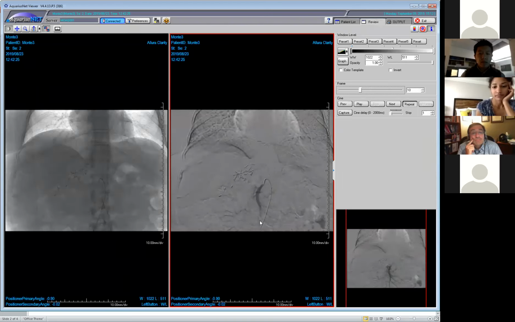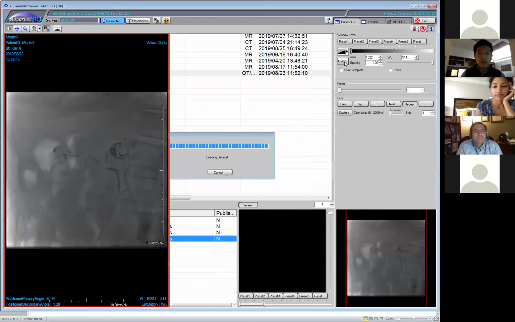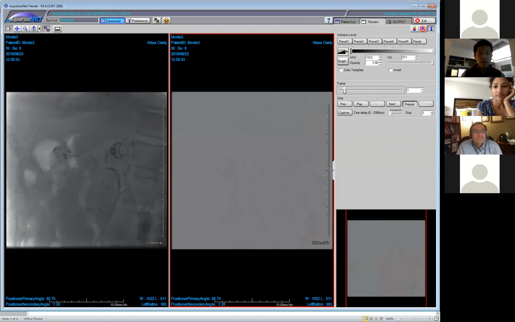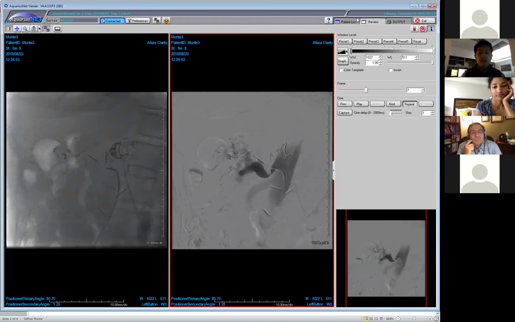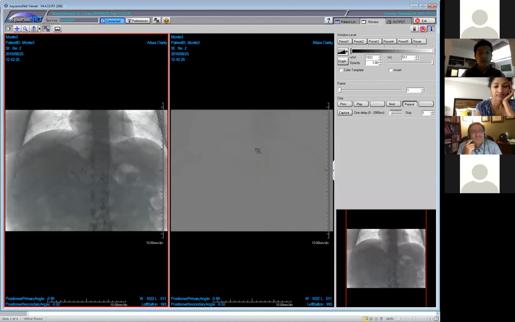Oh no, sorry, this is the inspiration. You can see that. I'm sorry, this is the expiration. You can see that the narrowing is much more prominent. So they confirmed that the patient has median arcuate ligament,